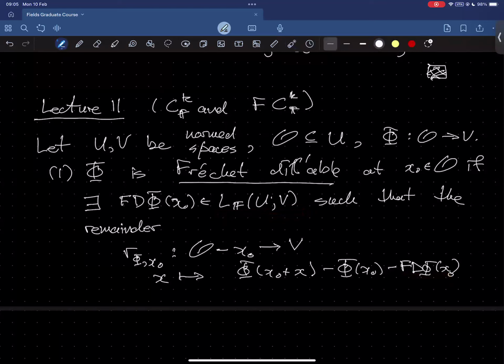and I'm going to apply this continuous linear mapping to X, right? And so you can see here, if you want to think of X as being small, because X is a point which, when X is 0, corresponds to the point x naught. Okay, so that's the remainder, such that the remainder satisfies